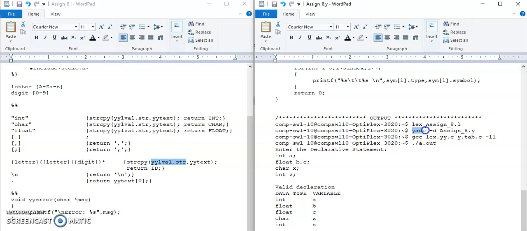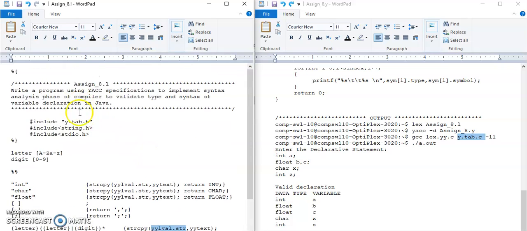Then you compile yak -d assignment8.y. If there are no errors, then this y.tab.c file is created. Now it is important to note that if this -d is not given, only y.tab.c is created, but we want both y.tab.c as well as y.tab.h files to be created, so this -d is important to give.